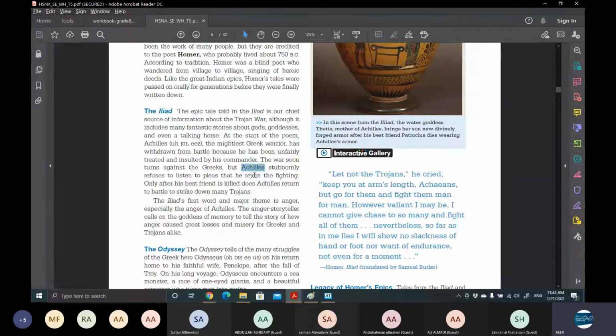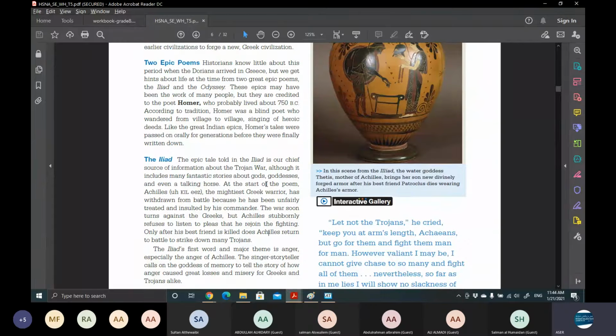At one point, Achilles refused to join the war because he had a misunderstanding with his commander, who insulted him. He skipped the war and did not take part until his best friend Patroclus was killed in action by the Trojan prince Hector. After that, Achilles came back to war, challenged Hector, and killed him, then tied him to his cart and took his body with him. No one could stop him from destroying Troy until he came up with the idea of the Trojan horse.